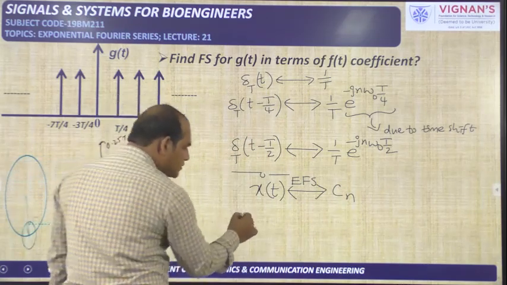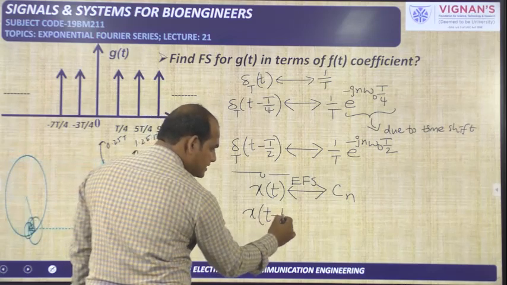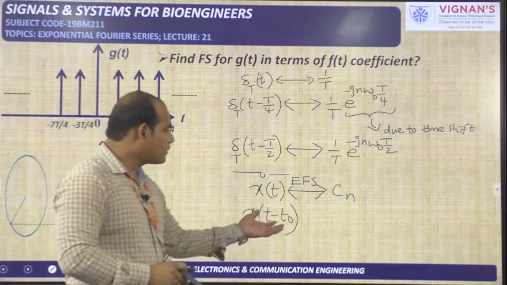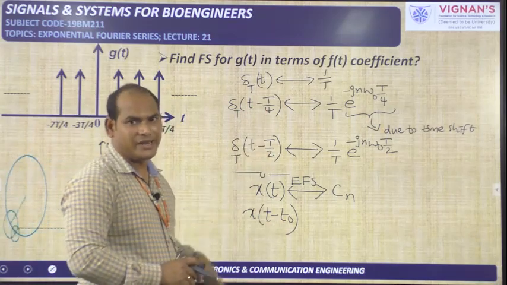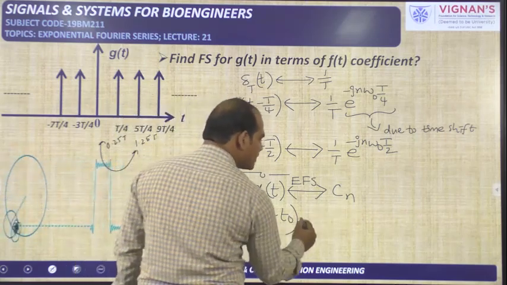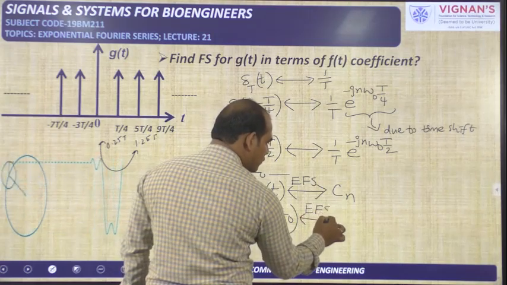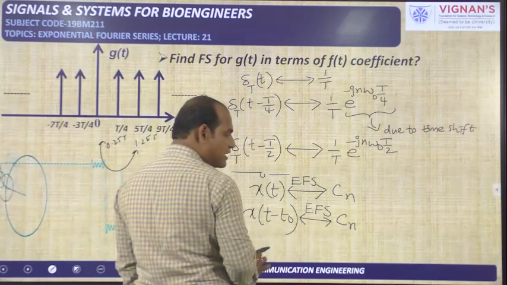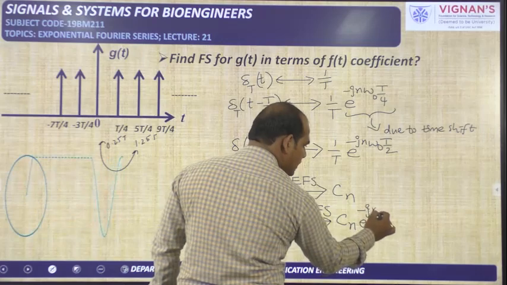Now time shifting I have applied on this signal, that is x of t minus t naught. So in this way I have applied the time shifting. Here t naught I have taken; in one case it is capital T by 4, in another case it is capital T by 2, like that we have taken. Because of the time shifting, an exponential will come, which is the time shifting property of the Fourier series. So C n, without this t naught, is available. With this t naught, what should be available? e power minus j n omega naught.